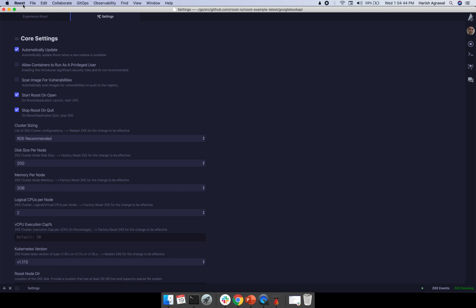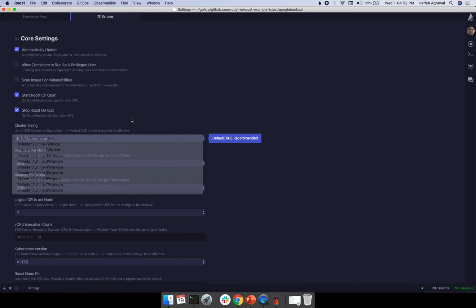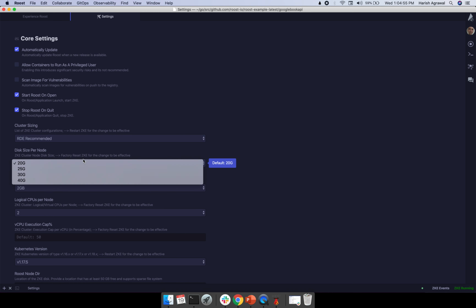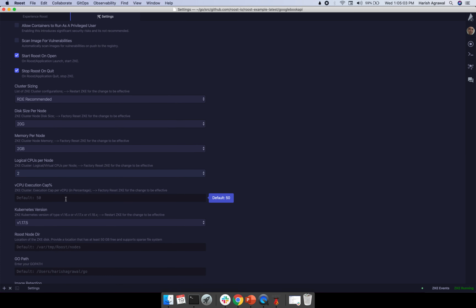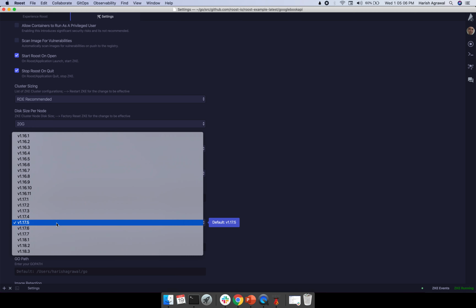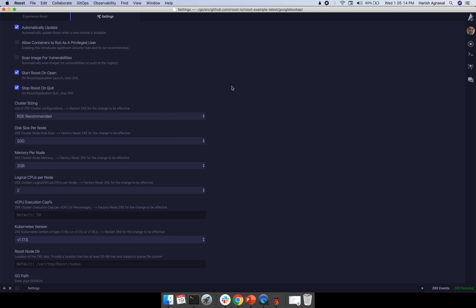Yes, you can do a lot of those changes from the Roost preferences. So if you come here, you'd see cluster sizing, which allows you to decide how many worker nodes you need. There is a per node disk size, memory, CPU configuration allowed, and then there is a cap on CPU as well, and finally the Kubernetes version which you can control. So most of these preferences can be affected by just changing it over here and doing a restart from the tray icon. A restart of Jitabytes Kubernetes engine would affect those changes.